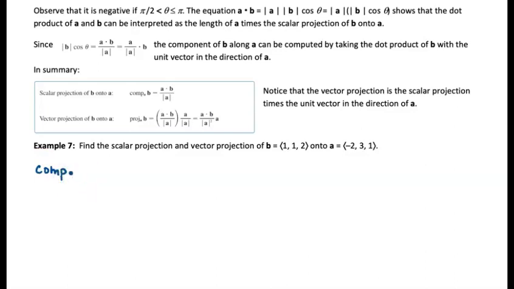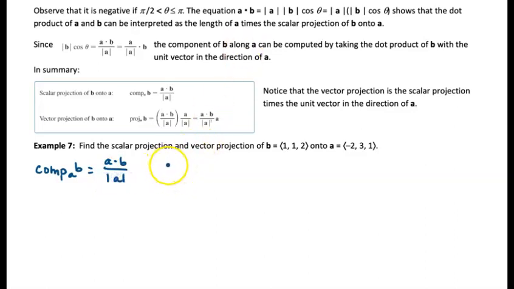So the component of B onto A, and just try not to confuse these, it's the component of B onto A. So whatever's in bold here is the "of." This little subscript is the "onto." So the component of B onto A is equal to the dot product of A and B